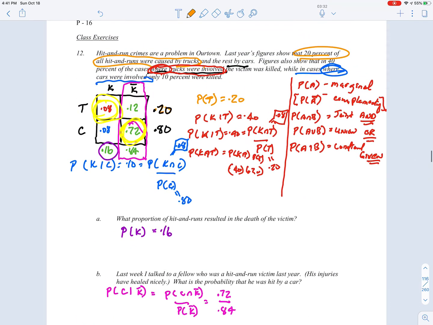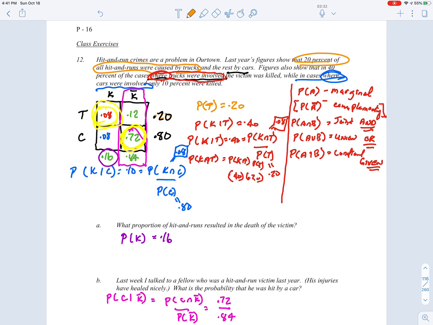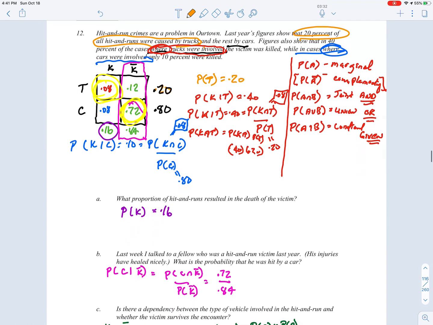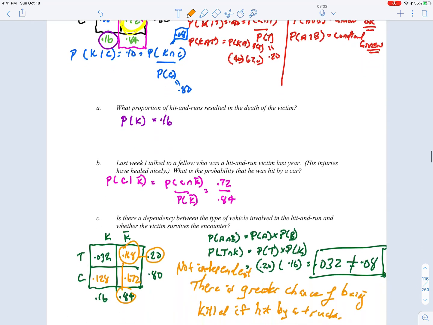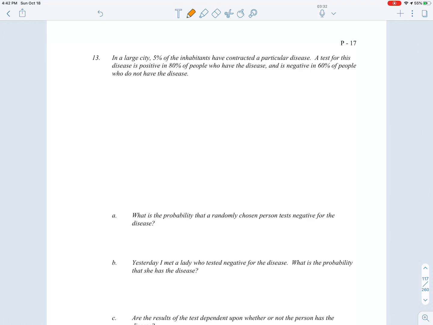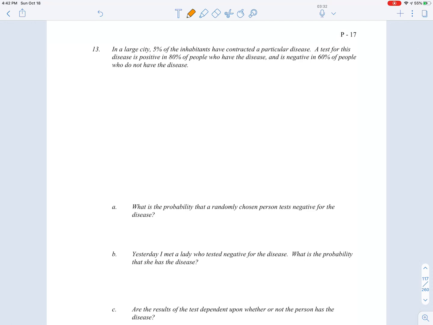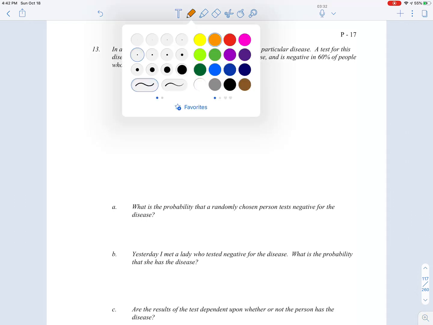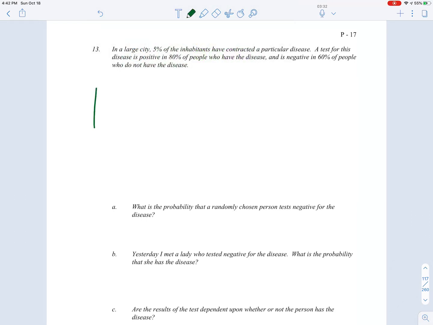So in the last video, what we did was we looked at this problem here of the hit and runs in our town. This was page P16 number 12, and worked through this problem. If you haven't seen that, go back and take a look at that particular video. And then do this particular problem on your own, and we will take this up in class. To help you out on this particular one here,